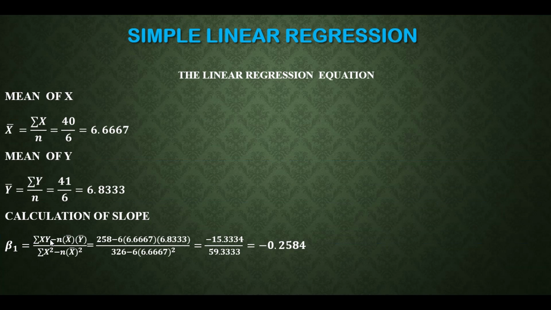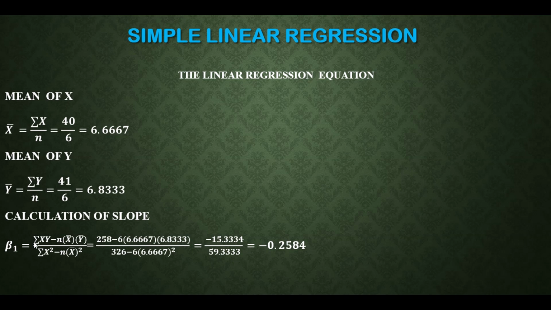Based on this formula, we get x bar equals summation x all over n, which is 40 over 6, giving us 6.667. And we have to determine the mean of the response variable, which is y bar equals summation y all over n, which is 41 over 6, giving us